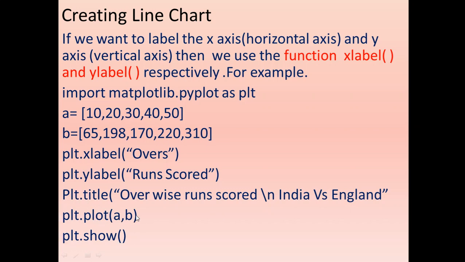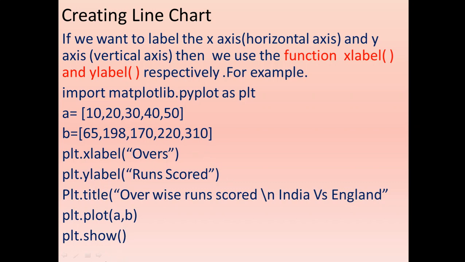These statements are a must for creating the graph. So what is the minimum requirement for plotting the graph? This is the first line, x value, y value, then plot, and then show. These four statements are a must for creating a simple graph, and the rest are optional. If you want to give the x values, xlabel, y axis, ylabel, title, and many more, we will see that in the next slide. So you have to remember xlabel, ylabel, title.